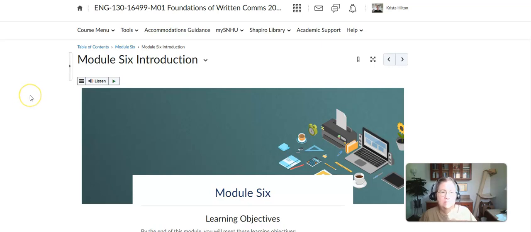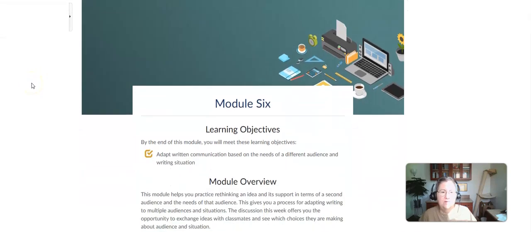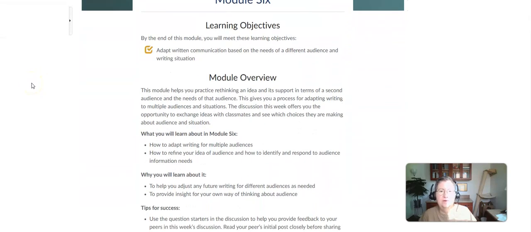And in Module 6, we'll be taking some steps toward revising that draft. You can find the essay as well as starting to discuss what differences we need to make between that essay to address a second module. So let's get started. First of all, let's read the learning objectives because there's only one assignment for Module 6,